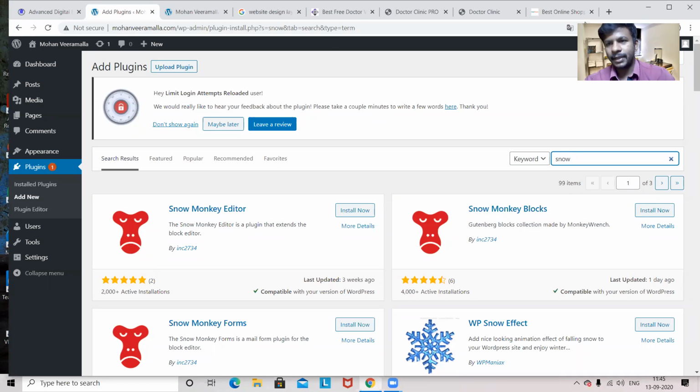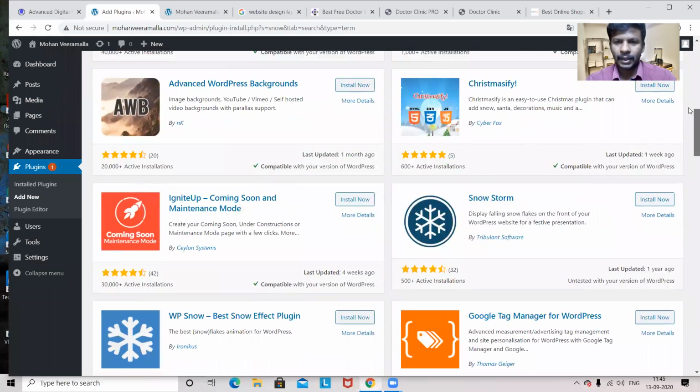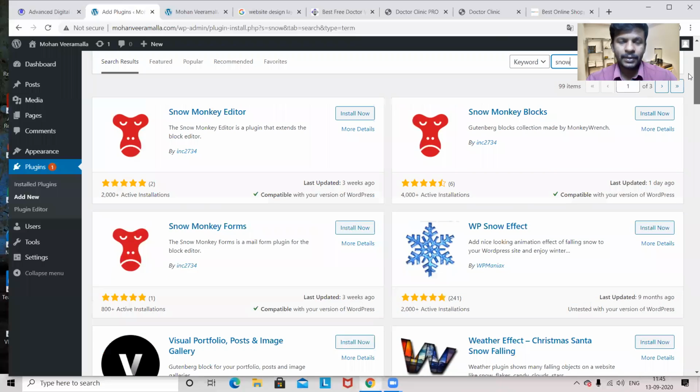Now here I'll select a plugin. I'll give one sample example so that you can analyze. Which plugin will we go with? For selecting a plugin, the first thing you have to make sure is that the plugin is compatible with your version. That means you should have a tick mark. Second, I can see this plugin has a tick mark, this has a tick mark, and this also has a tick mark. Among these three, which one do I have to choose?